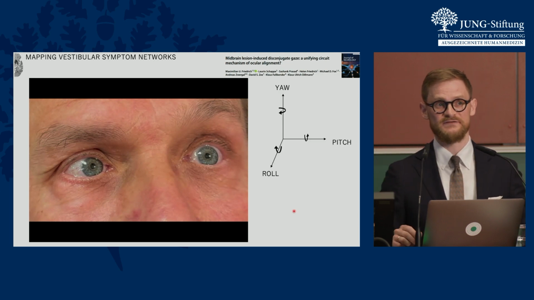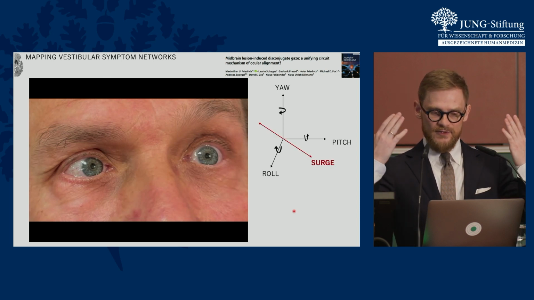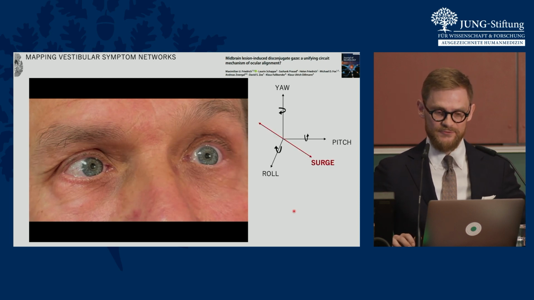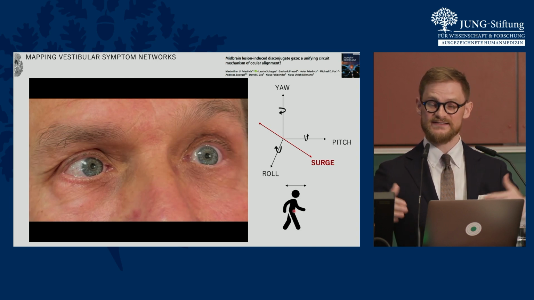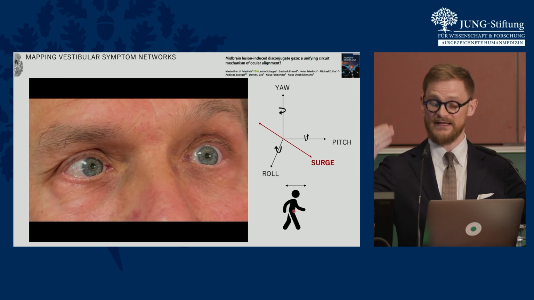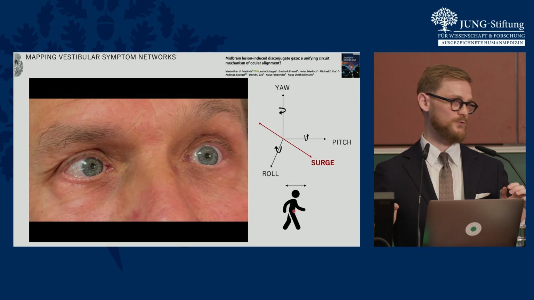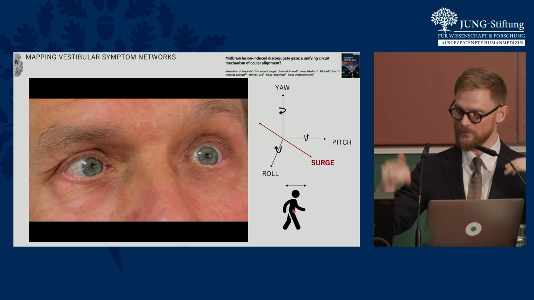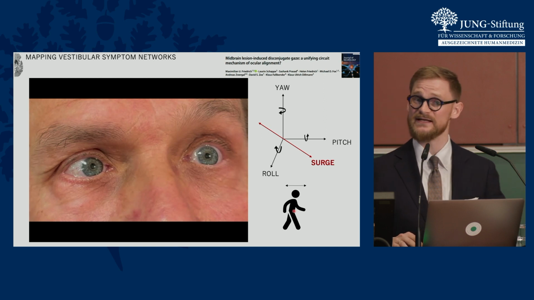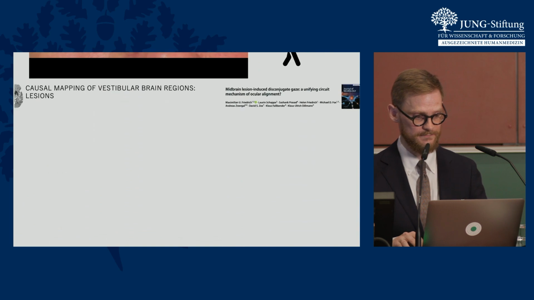So let's go back to our vestibular coordinate framework that I showed you initially. The problem or imbalance that we're looking at really does not relate to rotation, but to translation. And translation is a movement that happens when we walk, for example, because our head in this movement is not rotating, but it's moving back and forth on the backward-forward plane, and this is what we call a translation. And interestingly, translation has never been mapped in the brain.